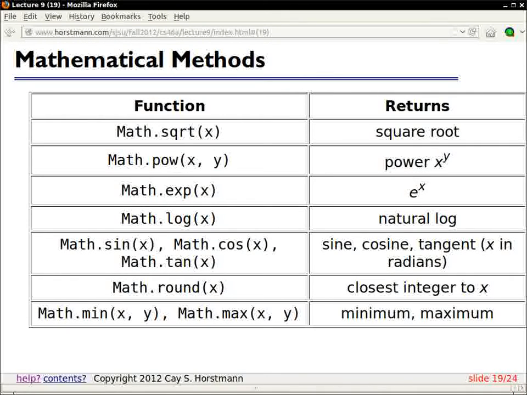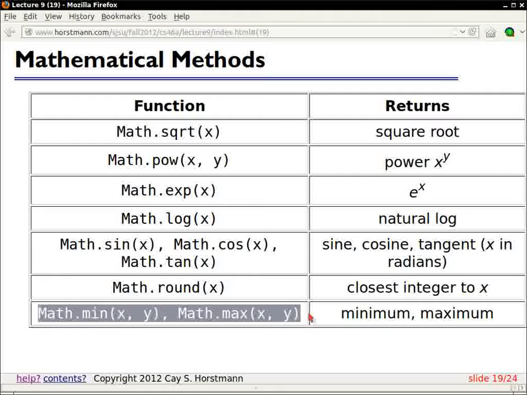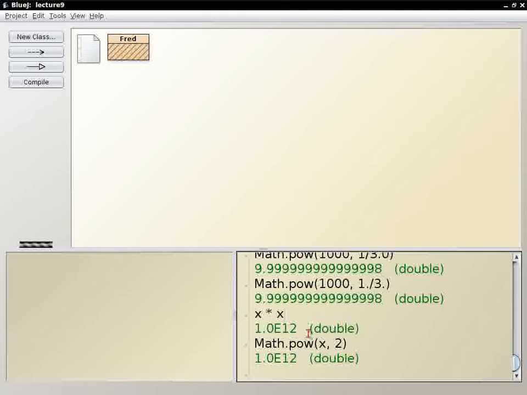Okay, there's a whole bunch of other functions. We're going to be using sine and cosine, or you may have already used them for the homework, right? Once in a while, one might use log. Min and max are very useful. In particular, it often happens that you want to cut something off at 0. You don't want it to be negative. So let's say you have a bug that keeps crawling to the left, and you have a rule that says the bug should never have a negative x coordinate. Then you could say,